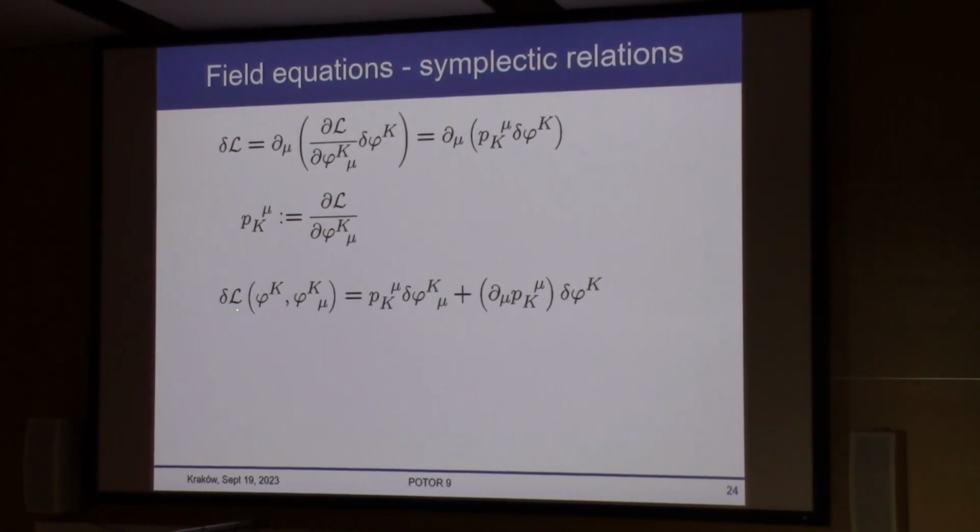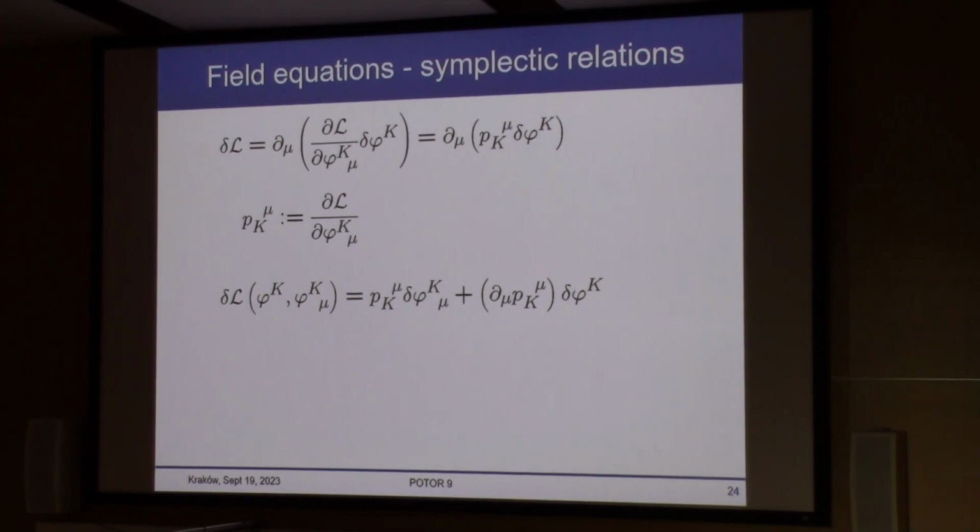This simply means that the Lagrangian, which depends on the field values and their derivative, its derivative with respect to the field derivatives is equal to those momenta, whereas its derivative with respect to the values of field is equal to the divergence of this momenta. So we see that first of all, this recovers our definition. It is no longer a definition, but the field equation. And this is an additional field equation. And we see that when we plug this into that, we obtain